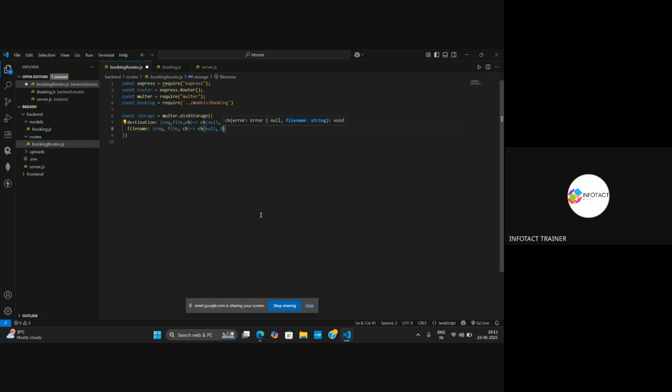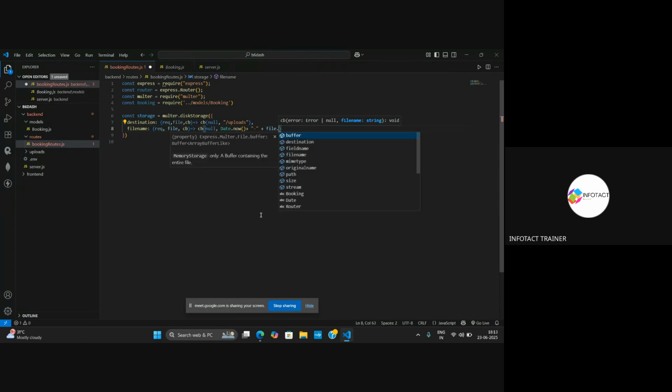After that, I will write Date.now in order to record this particular timestamp, followed by a hyphen and followed by the actual file name. For that, I will write file.originalname,